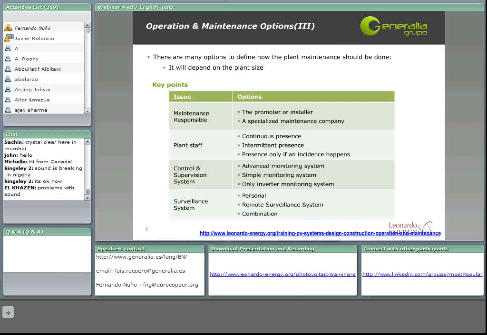The control and surveillance systems, although they have already been studied in a different webinar, are really important to be considered during the design of our maintenance policy. So, we will do a small review in this webinar. About the control and supervision system, as we saw in webinar 3, we can decide between an advanced monitoring system or a simple monitoring system, or we can just have a monitoring system for the inverter. And for the surveillance system, we can have our own personnel in the plant, a remote surveillance system, or the combination of both. If we remember, our